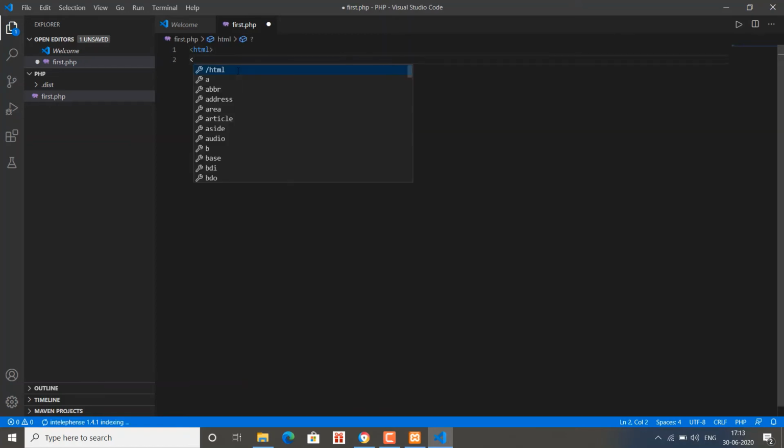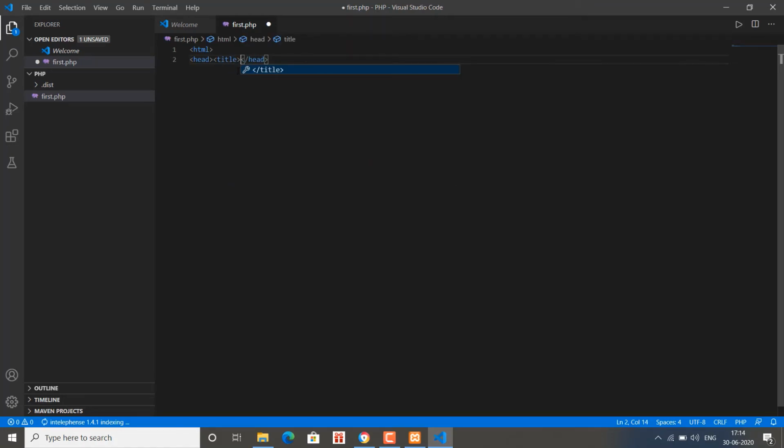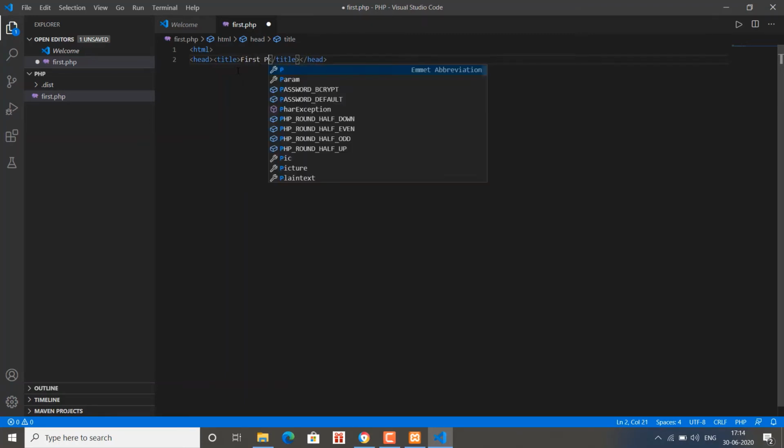Within the HTML I'm going to write the head, and within the head I'm writing the title, and here you have to give the title for your page: first PHP page.